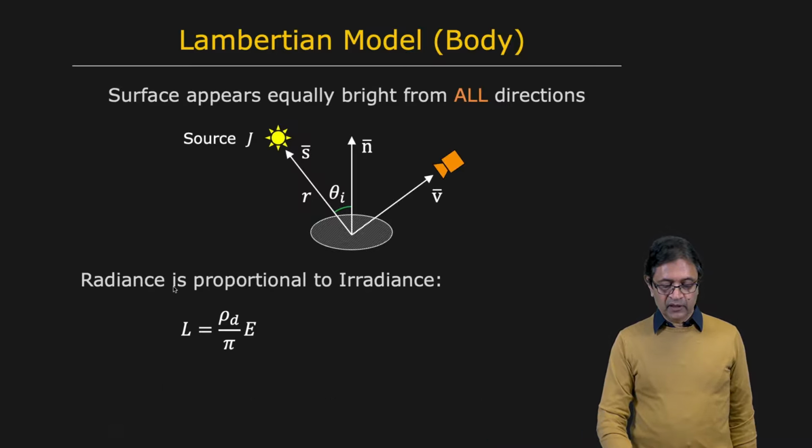That's right here. So you have n dot s. In other words, you have L equal to rho divided by pi, J divided by r squared, n dot s. Now remember that J is a constant, rho is a constant, depends on the surface, the material property, and r, let's assume for a minute, is also constant, meaning we want to understand what happens when you move a light source around a Lambertian surface, but holding the distance of the source from the surface the same.